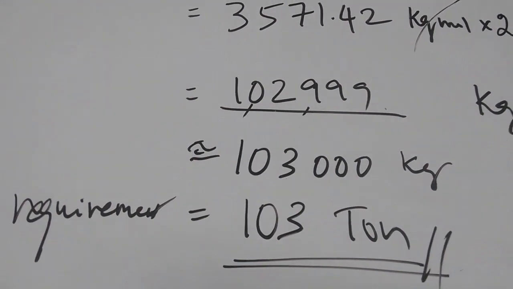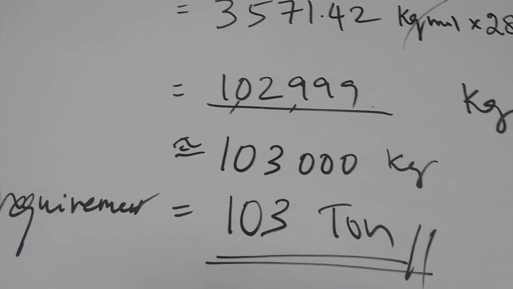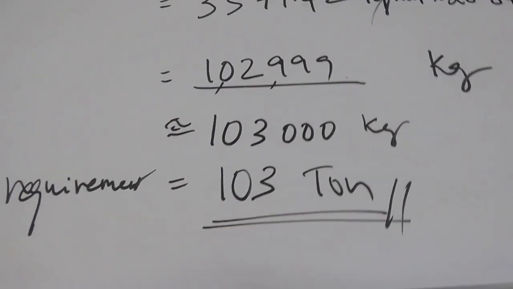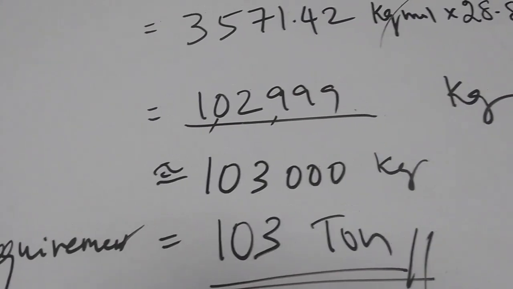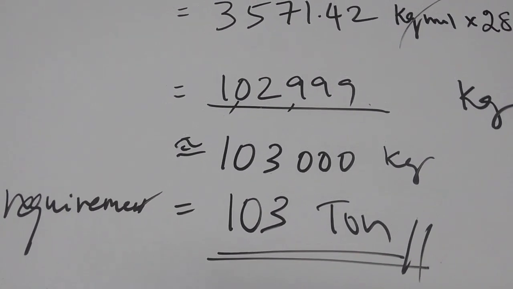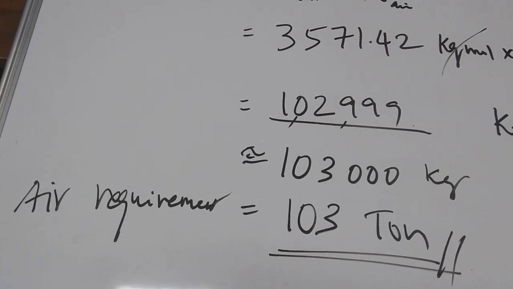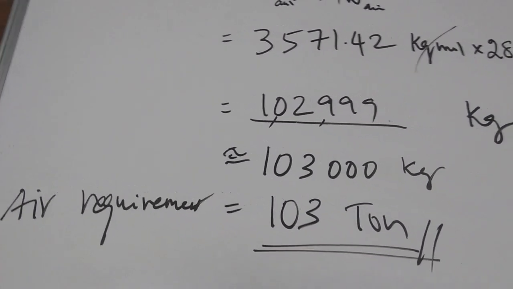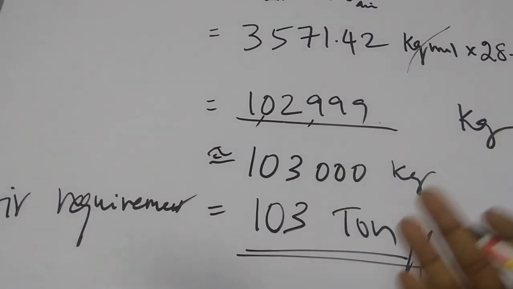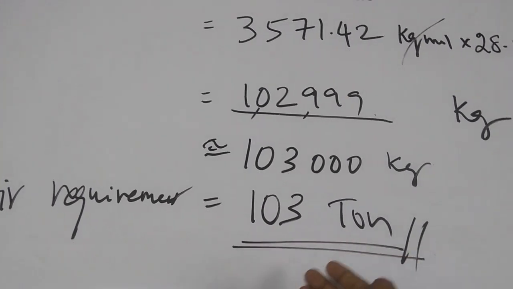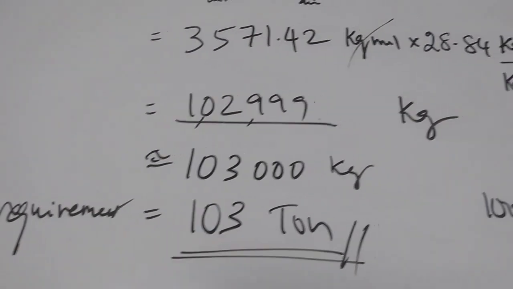Okay, but in industries, this is additional information. In industry, we don't supply just the theoretical requirement. We actually supply some excess oxygen or excess air. So usually 50% extra or 2 times extra air is supplied. So this is only the theoretical air requirement. The actual air requirement will be 1.5 times this value or 2 times this value. For example, if 100% excess air is used for this system, we are going to get 206 tons of air. Such numericals we are going to do at a later stage.